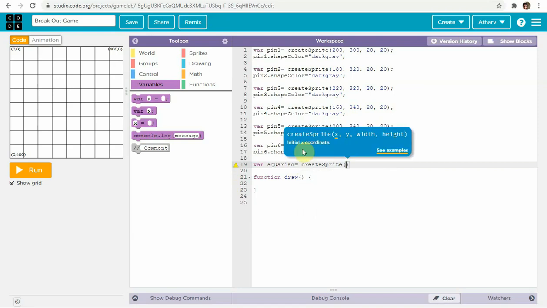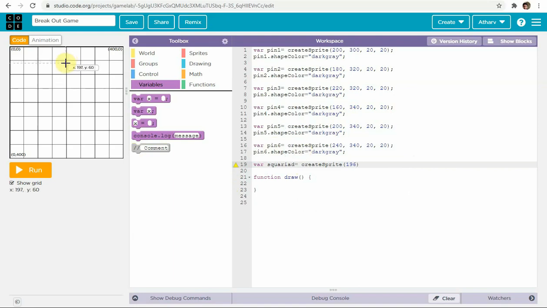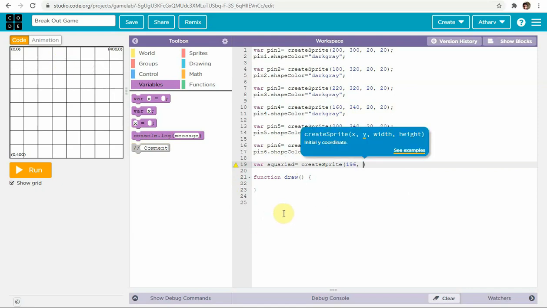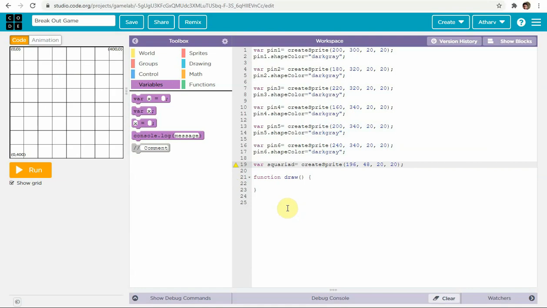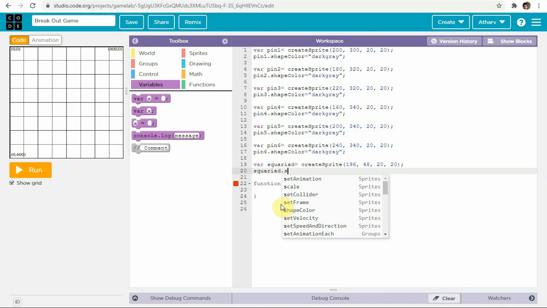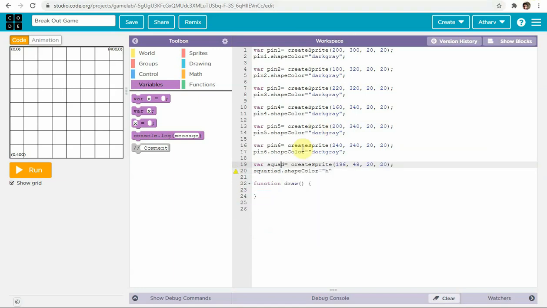In the brackets this will be 196, 48, 20, 20 as we all know, and the shape color of the squared: squared dot shape color equal to white. We'll keep it as white.